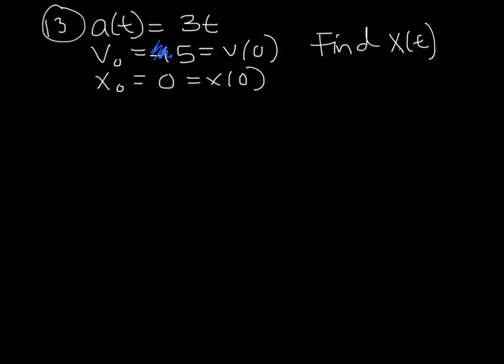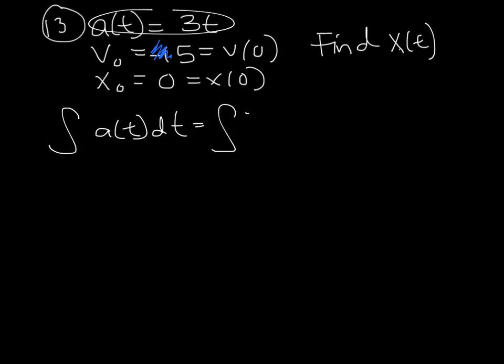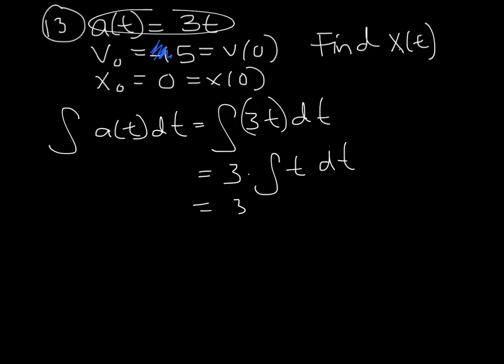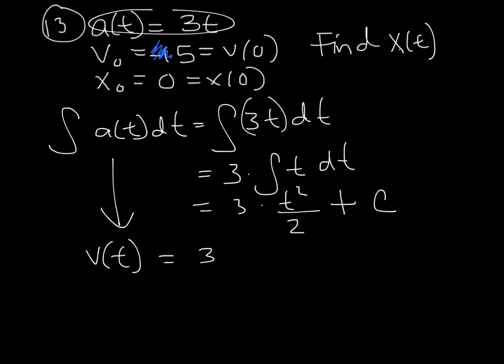V naught is 5. Okay, so let's start the antiderivative process. So we are going to integrate this guy, right? So the integral of a of t dt, the integral of 3t dt, right? This is your a of t. And again, you can take out your constant of 3, and you get the integral of t dt, which gives us t squared over 2 plus some constant of integration. Now remember, this is going to give us our velocity function. So we have 3 halves